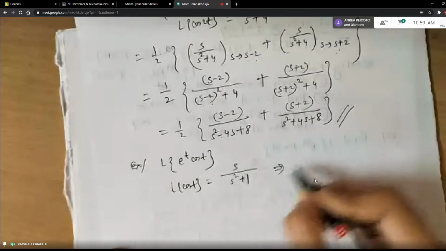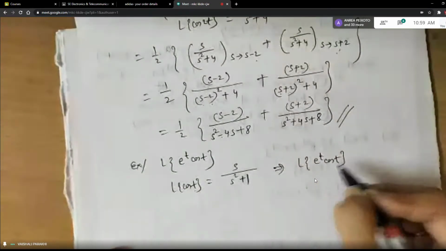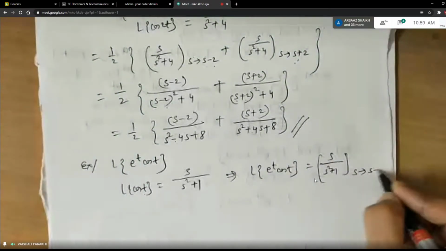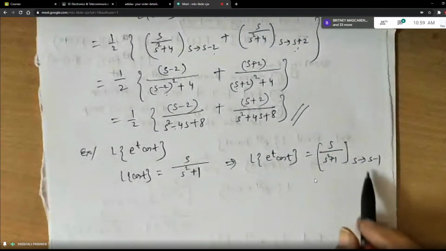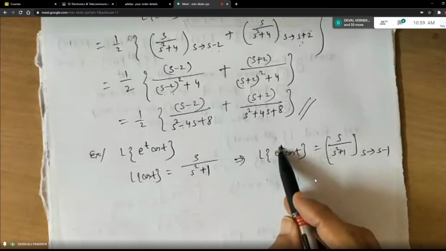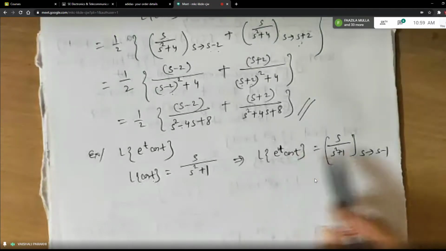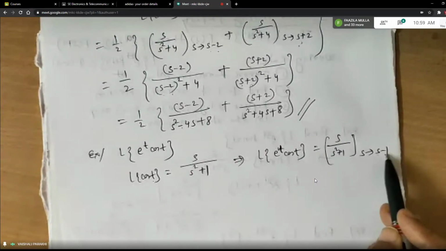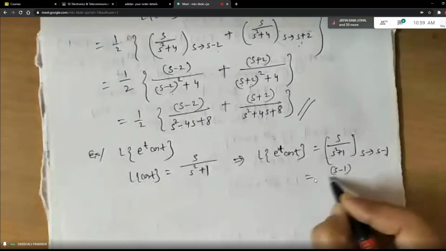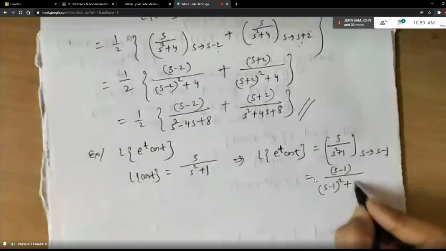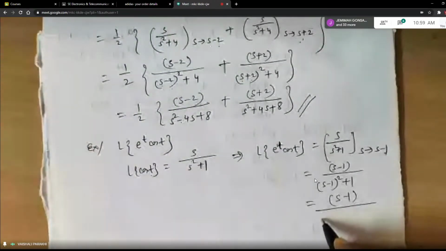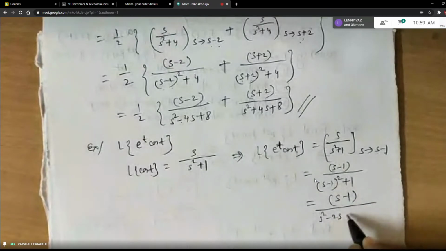And then whatever answer you got, replace s by s minus 1, right? Why s minus 1? Because here power of t is plus 1, see students. Coefficient of t is plus 1. So here a is 1. But we take opposite sign in between. So s minus a, a is 1. And therefore, wherever there is s, substitute s minus 1 for that. So s minus 1 the whole square plus 1. If you want, you can expand the denominator. So a square minus 2ab plus b square, means plus 1. 1 plus 1 is 2.